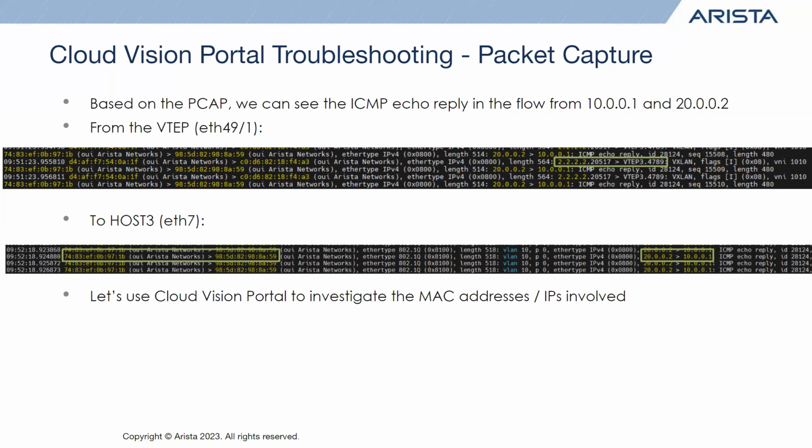If you remember back to your topology, that is host 1 and host 2. We can see from that packet capture, if we do it on the VTEP, which is Ethernet 49, facing towards the spine, that we have our encapsulated packet with the 2 VTEP IP addresses. Then if we drill down a little bit, specifically looking at host 3, we can see we have the 2 MACs, 97.1b and 8A59, with our flow from 20.0.0.2 to